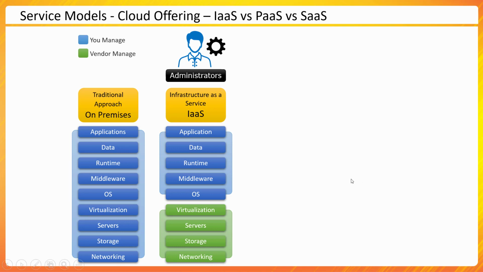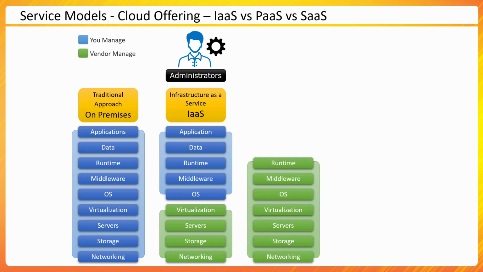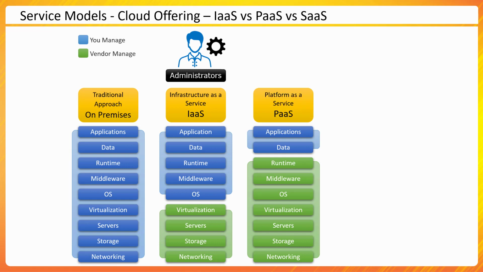If I want to go further and want to abstract away more details, I could say, okay, I would go with this model where I want my service provider to even take care of my runtime environment. Let's say I am running Java .NET type of workload and I don't want to even worry about installing .NET or Java. I just want to have my application data stored, and on top of it, I would then start running my application. So that is another model. We would refer to this as a platform as a service. A platform has been provided to you and you just leverage it.